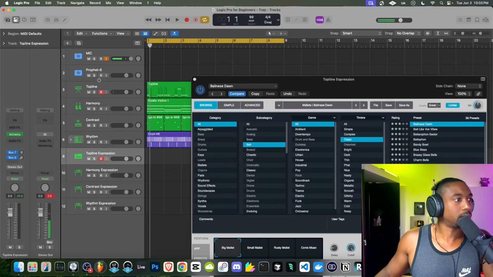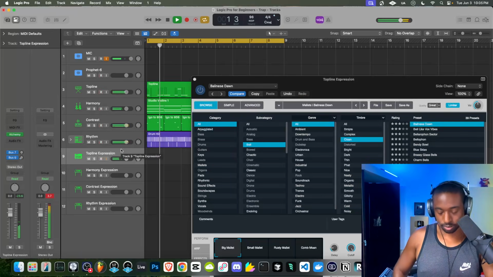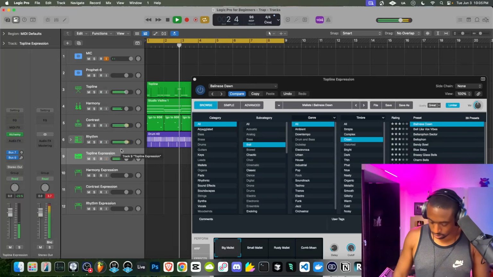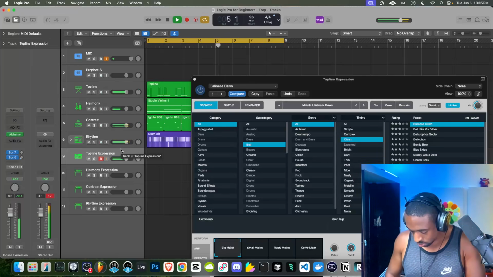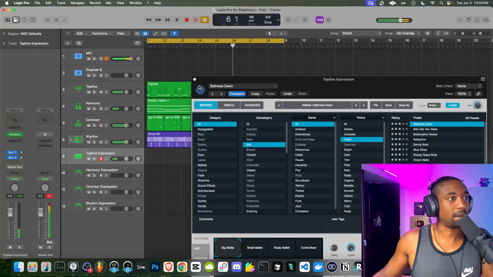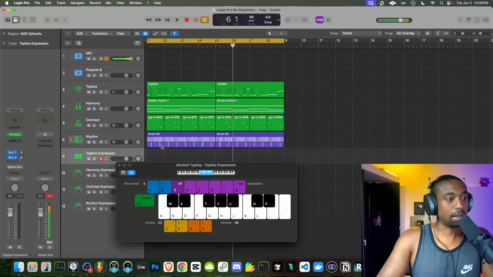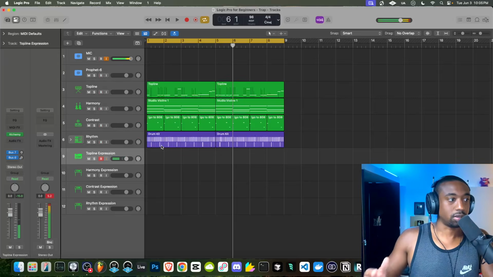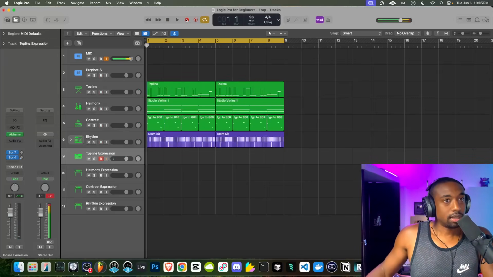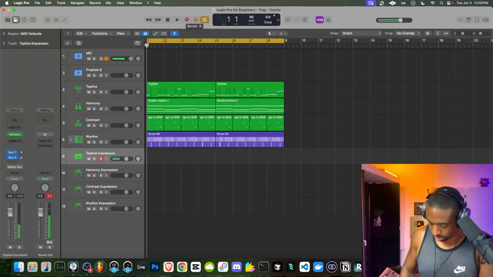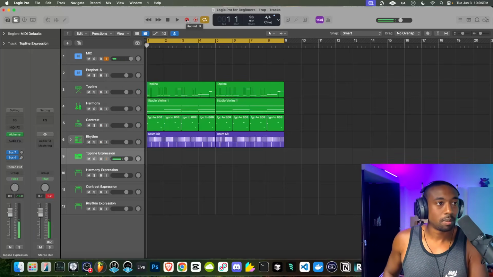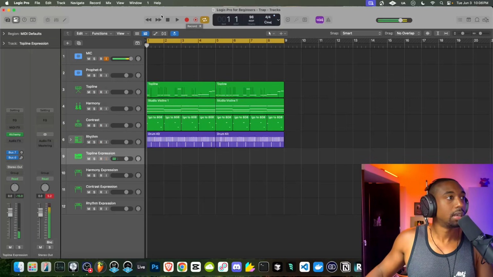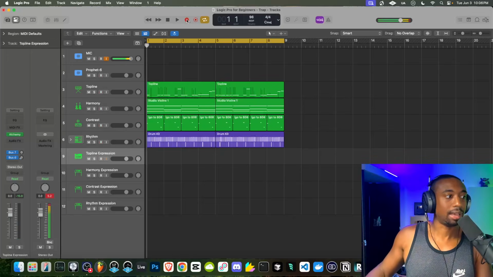Make sure I'm on the right channel here. Now this one I gotta play in by hand, y'all. But again, you guys can play in your notes by hitting Command K. Okay, you can do it that way or just draw it in. So I'm gonna record this in. I'm just playing the root note D, playing the octave, and then playing the 5th. So that's all I'm playing. And this is a rhythmic synth as well, the way I'm playing it. So this is technically a top line and a rhythm expression.